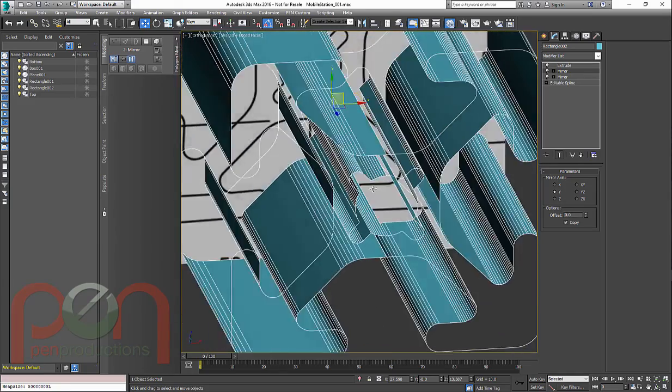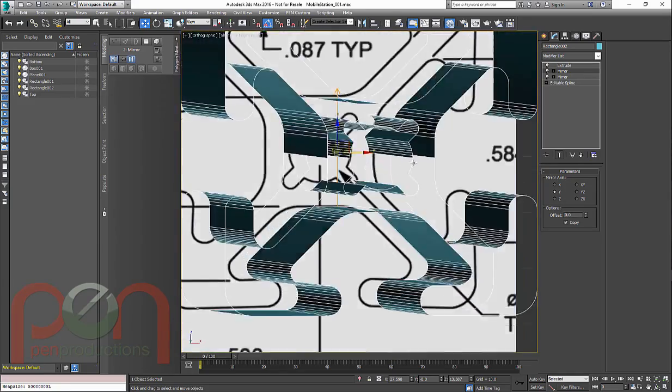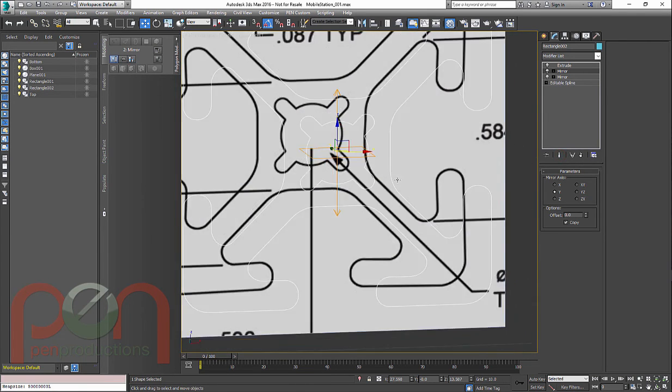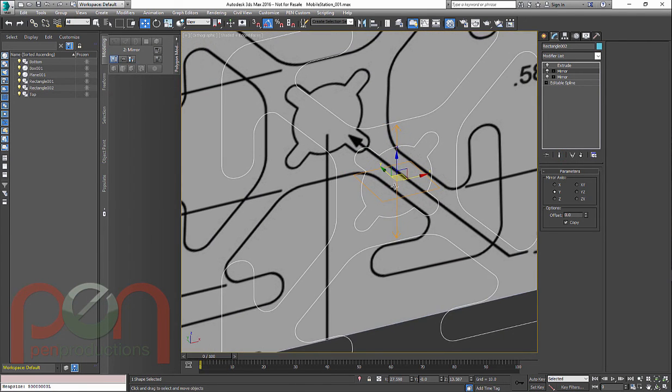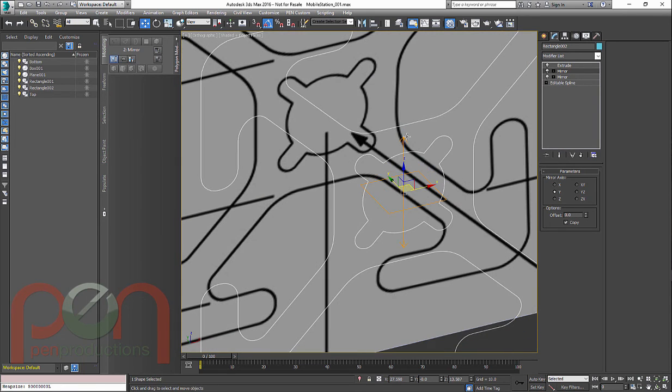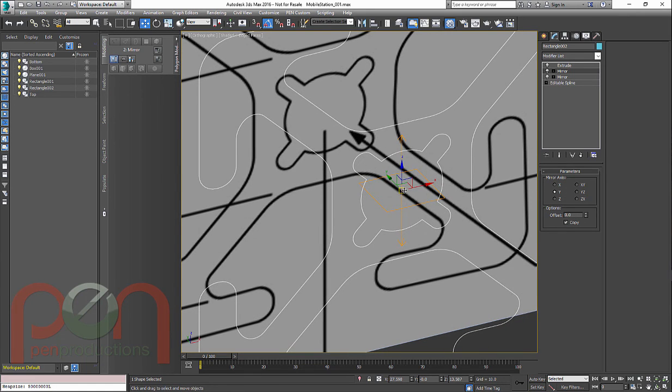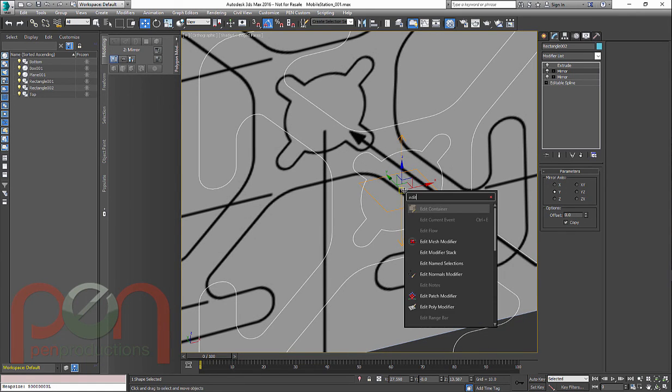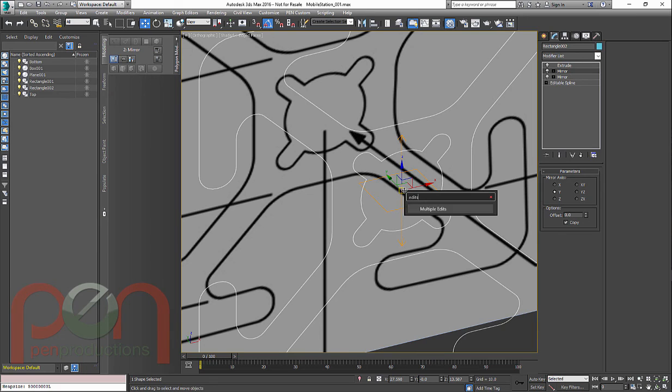So you can see now I have the entire shape done, but you can see it's all kind of freaking out when we're showing the end result. And that's because there's unwelded vertices. It's still not a closed shape. The mirror flipped it over, but it doesn't weld anything together like the symmetry modifier does. So an edit spline modifier,